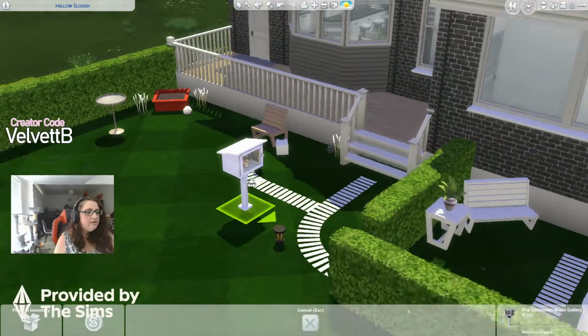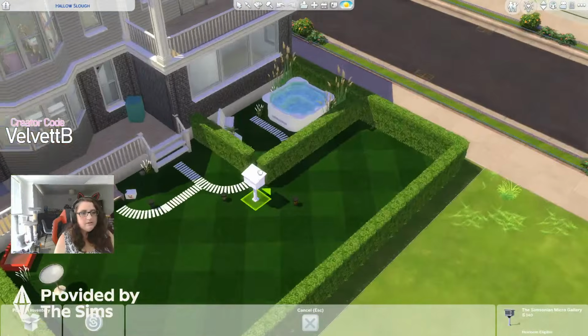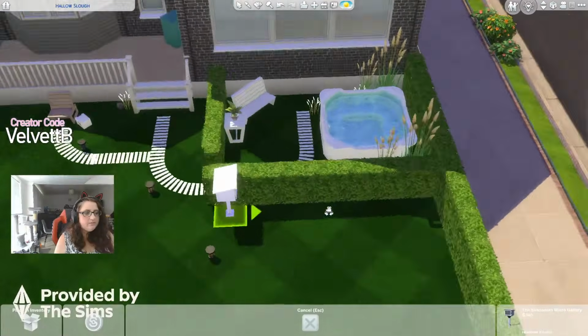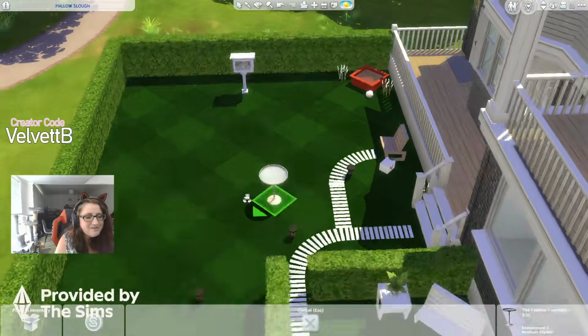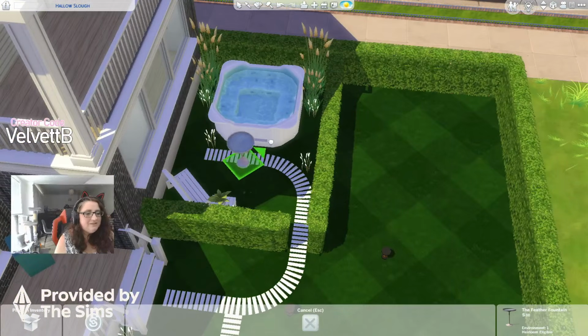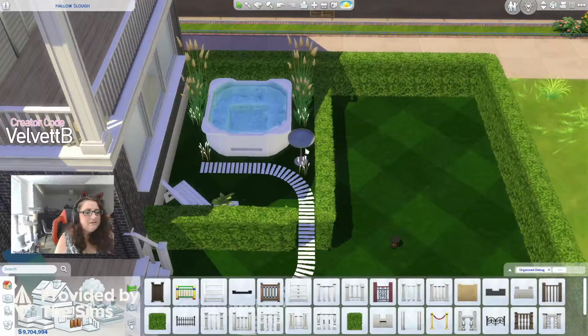I wonder. So, you know, kind of got that little hot tub space there. I don't really know what to do with the museum thing. No idea. I can put like the...